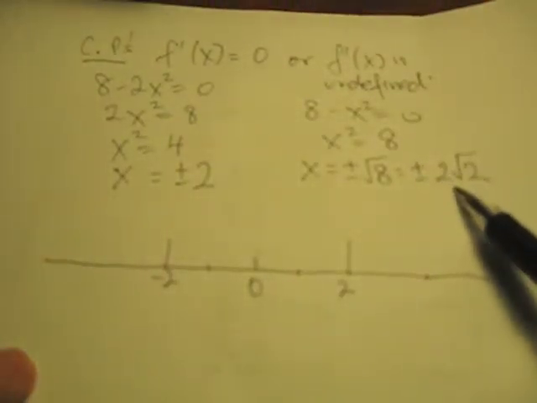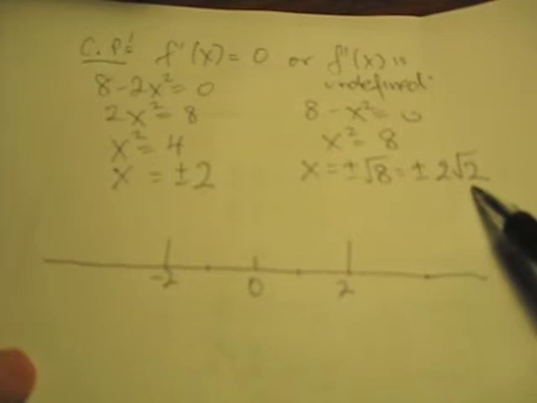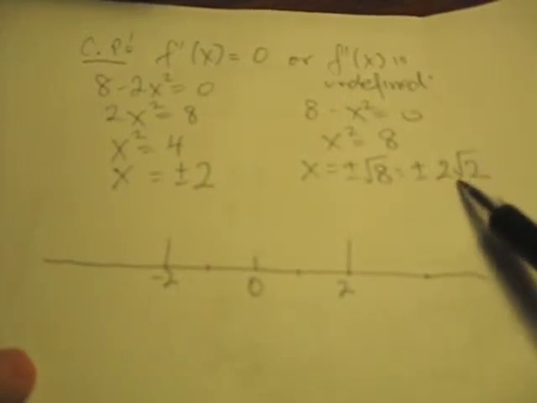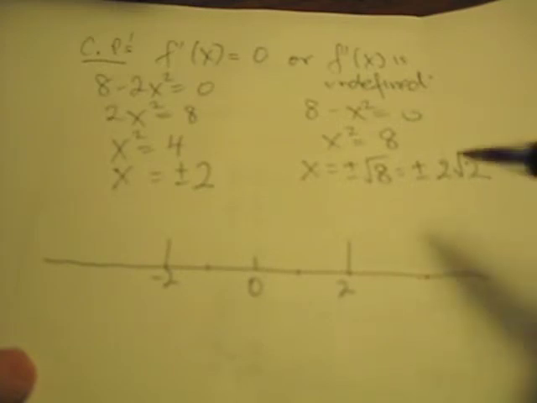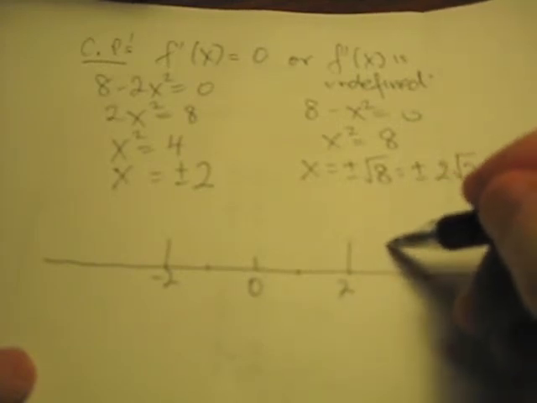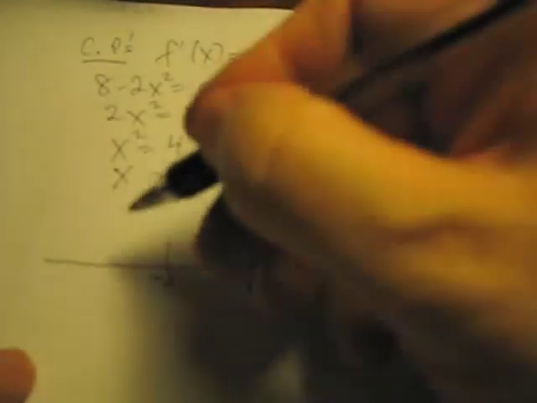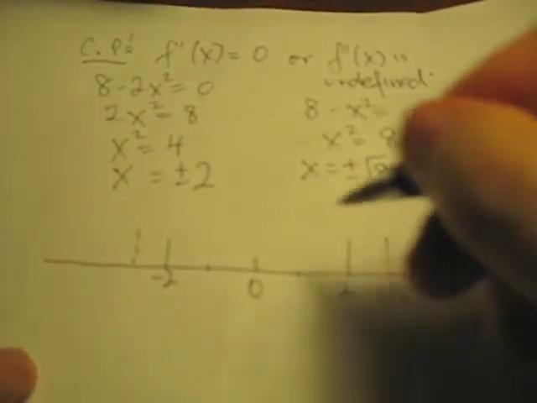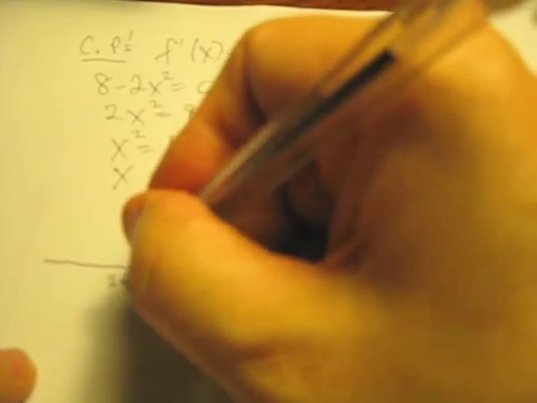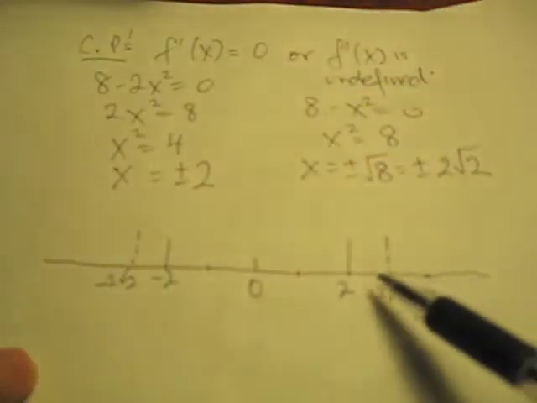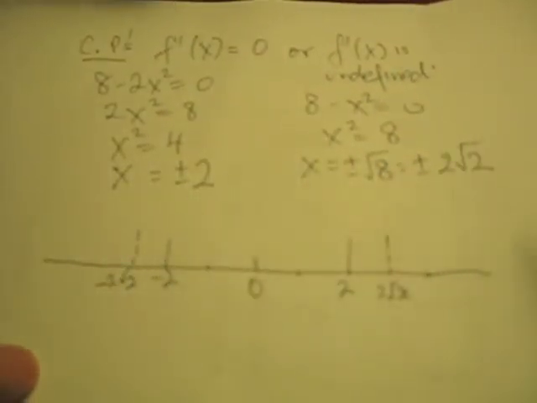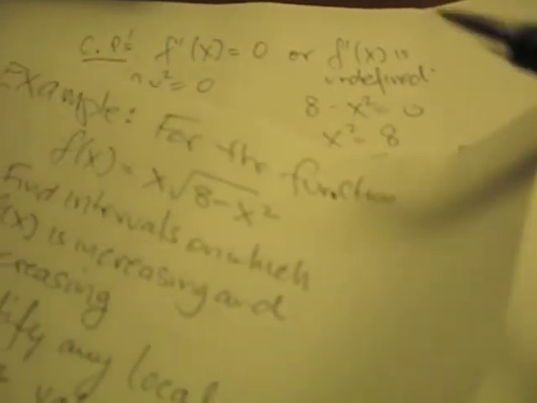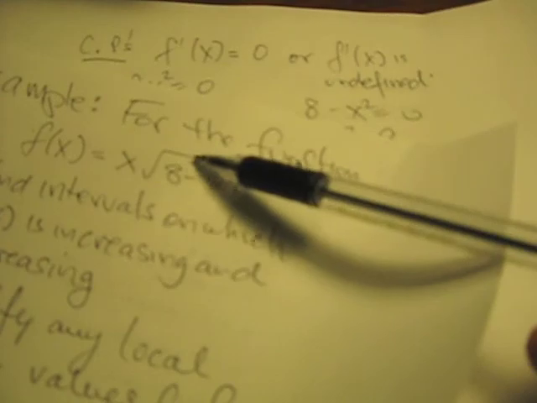Now also we're going to look at this plus or minus 2 square root 2. Now the square root of 2 is approximately 1.414, times 2 is about 2.8. So we're going to put that here, and I can't have that value. In fact, that's the end of the domain for the function. You'll remember that the function, if you look at the function here, was x square root of 8 minus